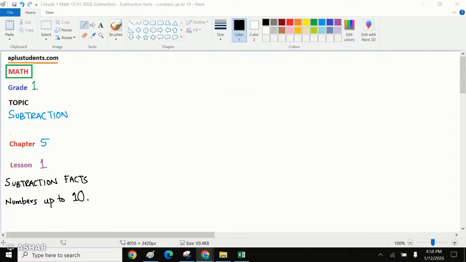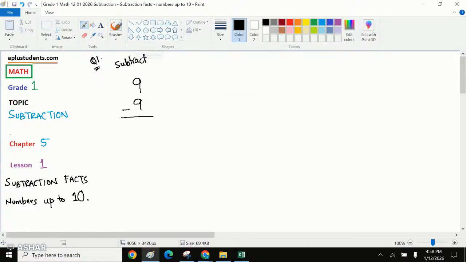Let's go to math, grade 1, chapter number 5, subtraction, and lesson number 1. Okay, so the question says we need to define what the difference is. For question number 1, it says subtract 9 minus 9. Okay, so if we need to subtract 9 out of 9, so can we say that,